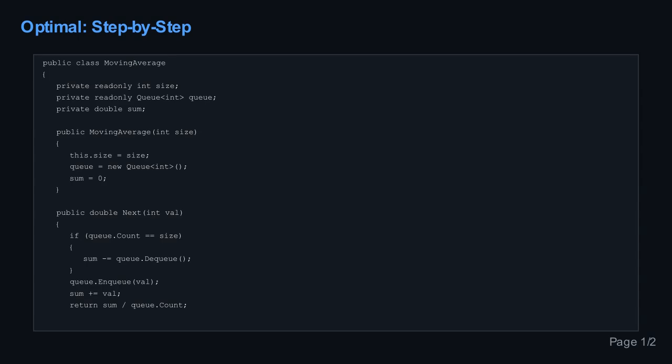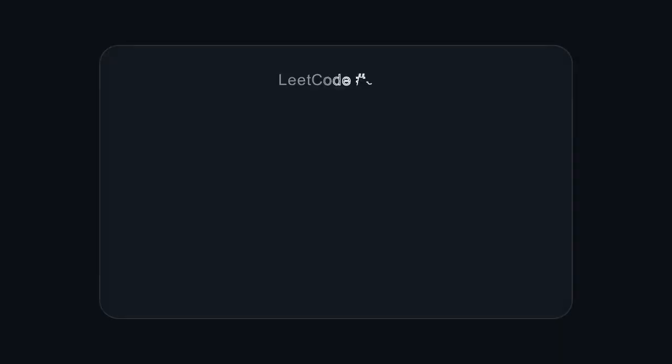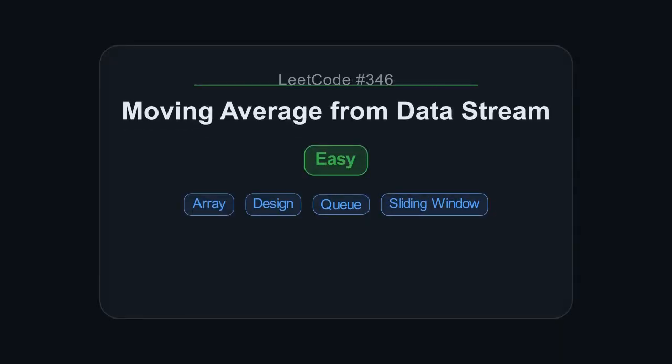Fourth value 5, queue is full so we dequeue 1, subtract it from sum, 14 minus 1 equals 13, and queue 5, added, 13 plus 5 is equal to 18, queue now 10, 3, 5, count stays 3, average 6.0. Matches the expected output. You'll recognize this pattern whenever you need a running statistic over a fixed size recent window,